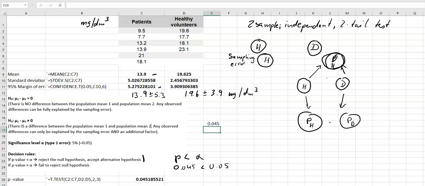So this means we have sampling error and an additional factor, so therefore it indicates that there is a significant difference